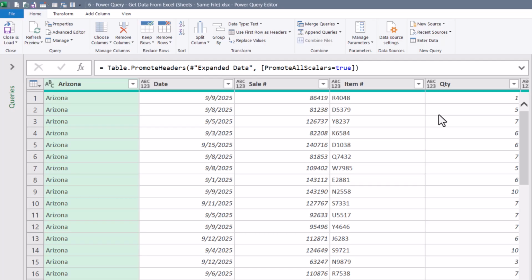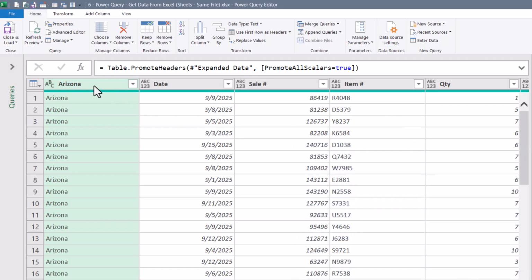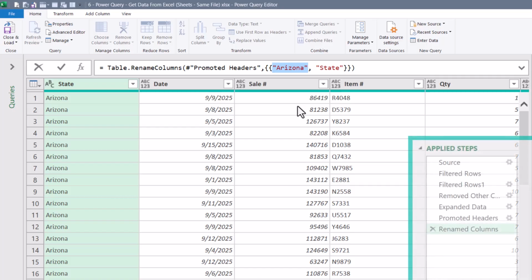To rename the first column to state and not have the state name be hard-coded, we're going to use a little M-code trickery. I have an entire video on this process that you can click on in the upper right corner if that appears, but if it doesn't, you can click the link in the video description for a more detailed explanation of this process. We'll start off with naming it statically. So I'll double-click on the first column header, rename it to state, but then in this Table.RenameColumns statement, I need to make this static declaration of Arizona dynamic, so it's based on the column position, not based on the